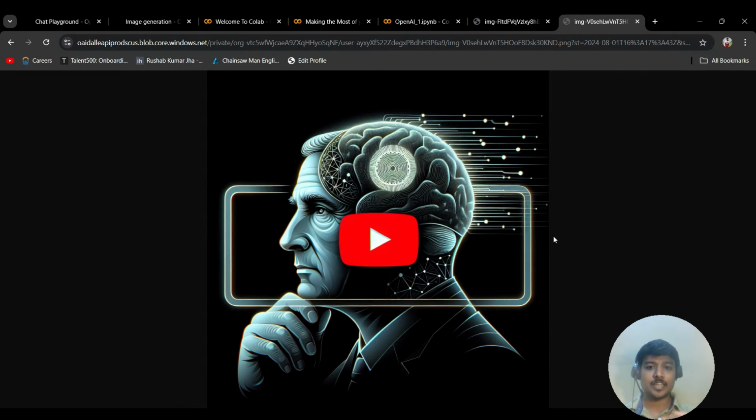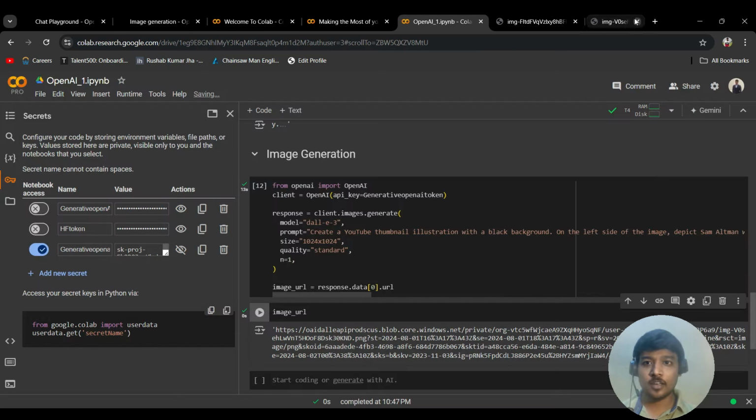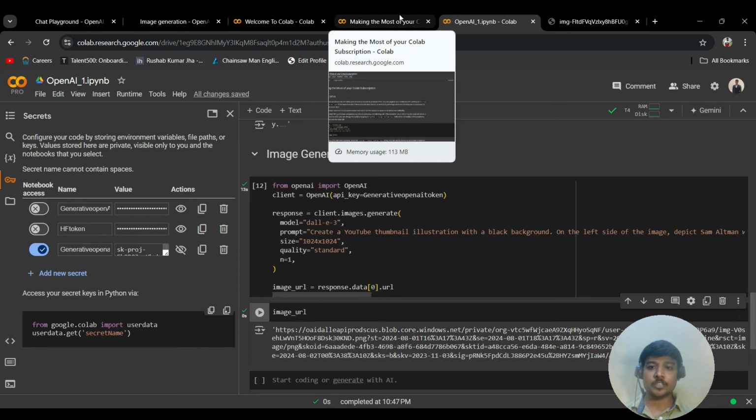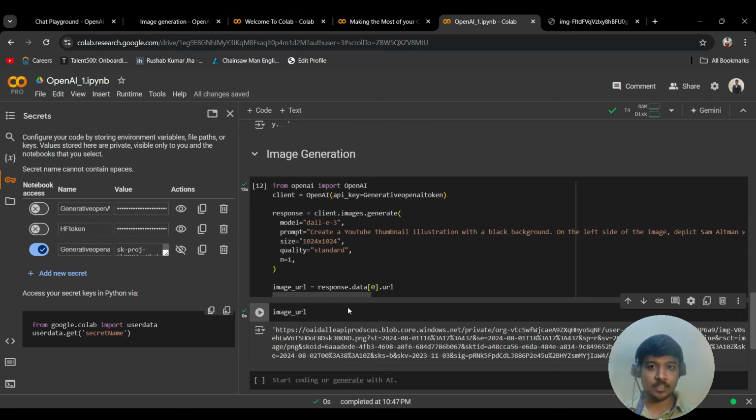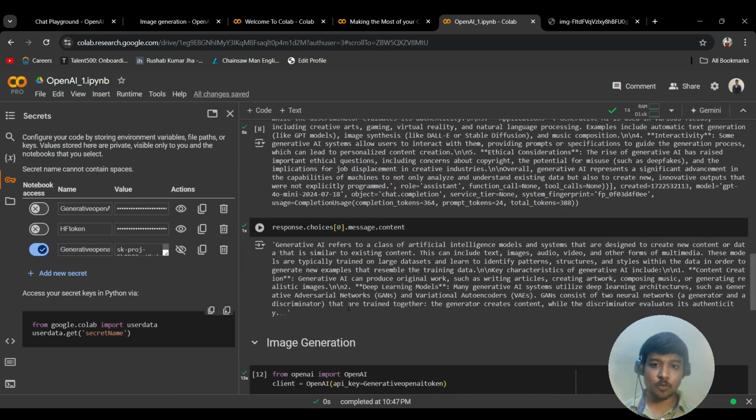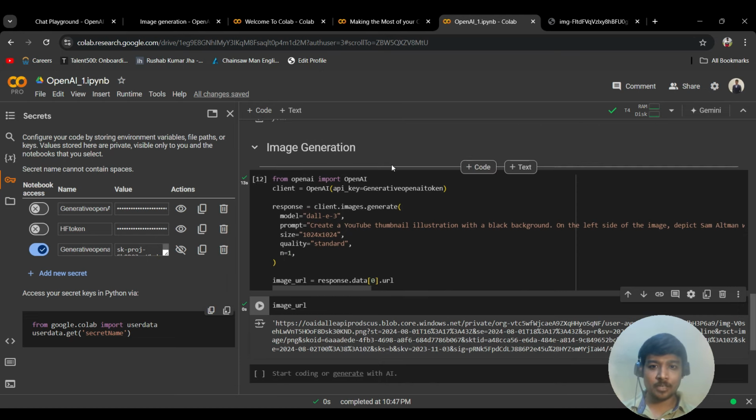See, it has generated something similar to what I had already presented on the thumbnail. You can check the thumbnail picture over there. It was better than the one generated right now. So you can play around with it. This is the image generation part. Similarly, you can do a lot of other things also. I'll keep it crisp for today. This is what happens, basically a very simple piece of code.